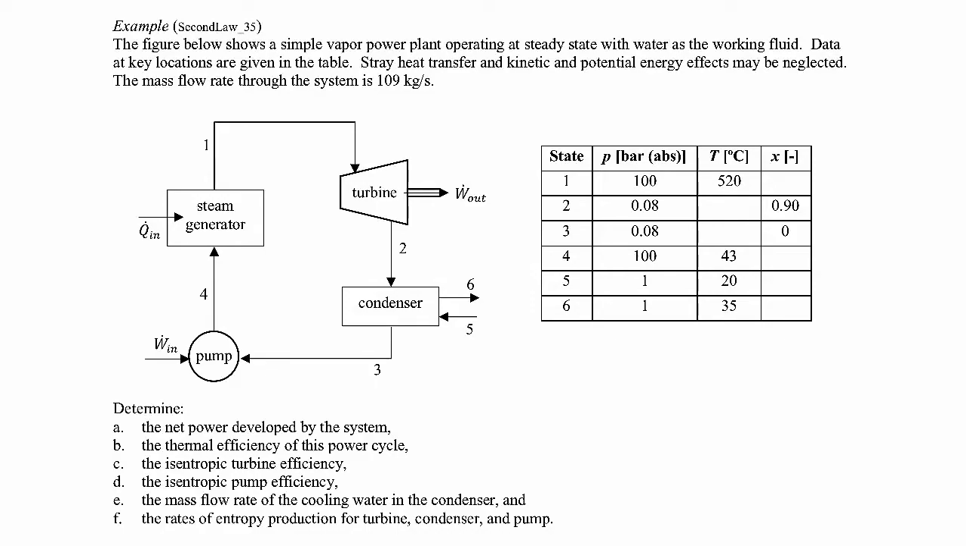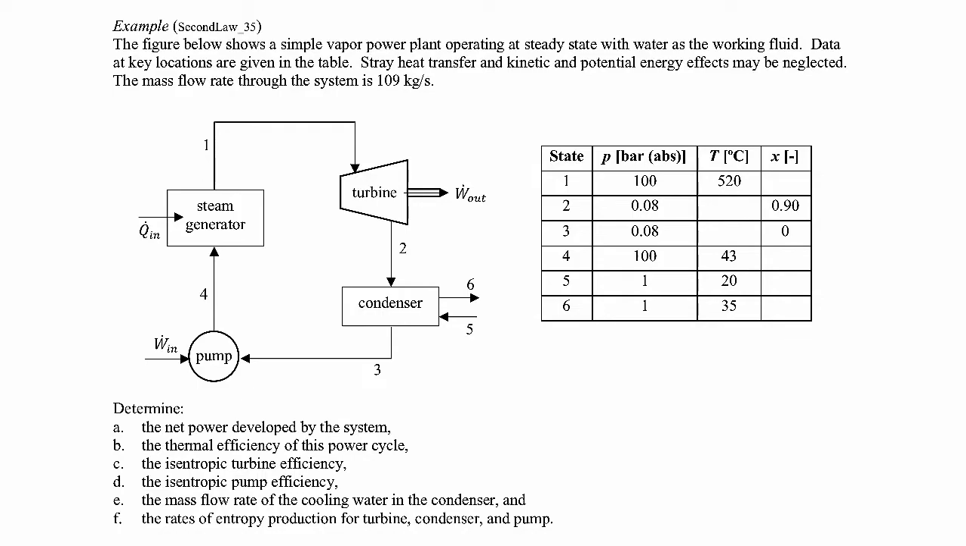All right, this example is actually a long example, but let's go ahead and get started. We have a simple vapor power plant operating at steady state. Water is the working fluid. We're given information about the state, at least some of the information about the states at various points in the cycle. We're told to ignore heat transfer and kinetic and potential energy effects, and we're also given the mass flow